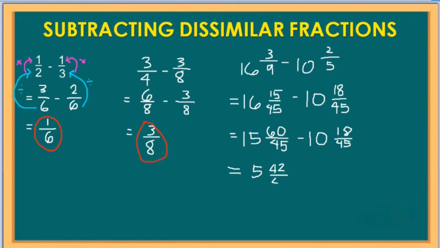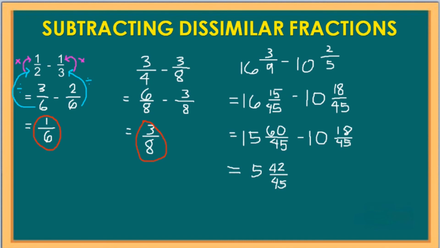The answer is 5 and 42/45. Why? 15 minus 10 is 5. 60 minus 18 is 42. Then copy the common denominator 45. But 5 and 42/45 is not yet in lowest terms. Using the divisibility rule by 3, we know that 42 is divisible by 3 because 4 plus 2 is 6,